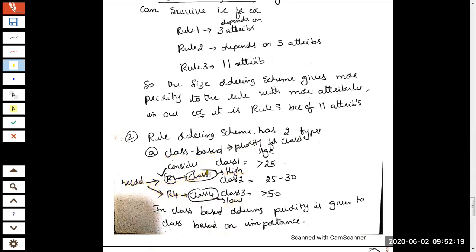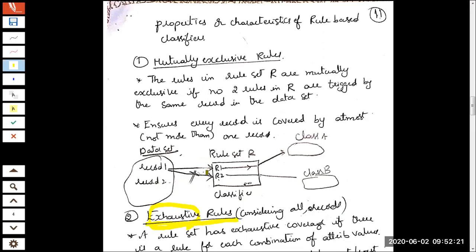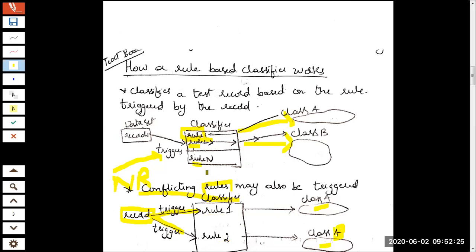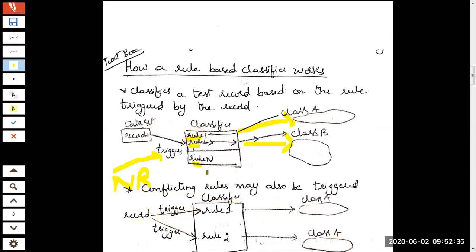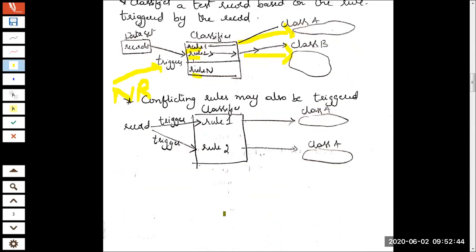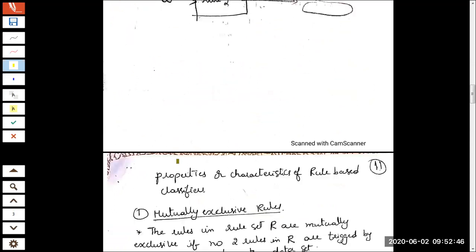In this session we understood how conflicting rules can be resolved. If rules are dragging a record to multiple classes, what are the solutions? What are the mechanisms available to resolve this conflict? That is what we explored in today's session. I hope this session was beneficial for you, and you have understood the things. Once again, I want your confirmation.